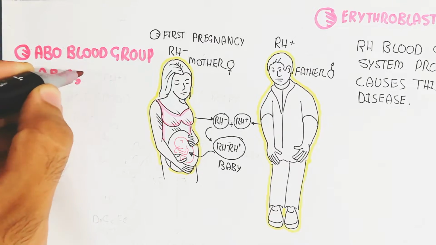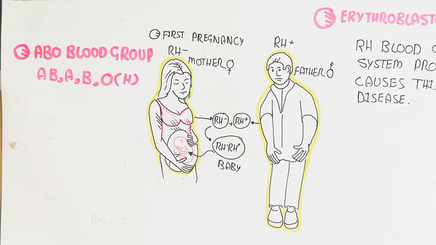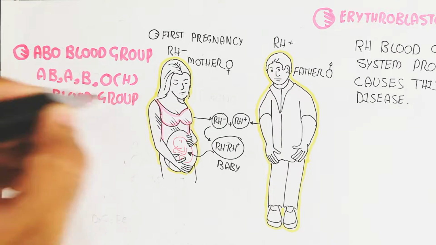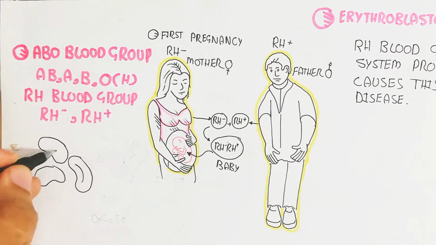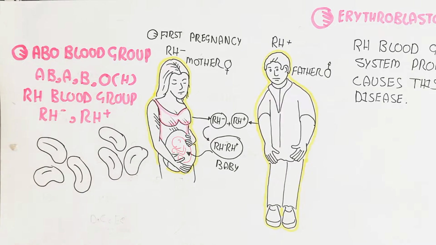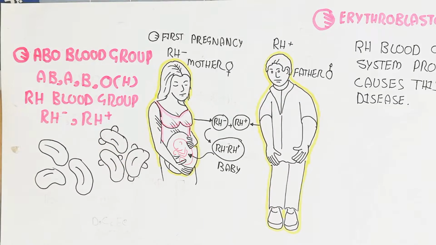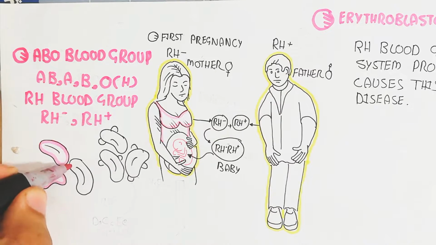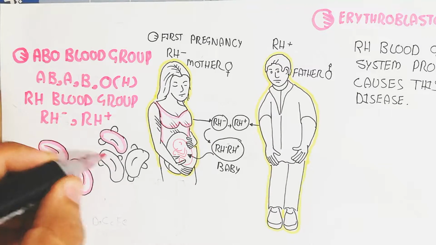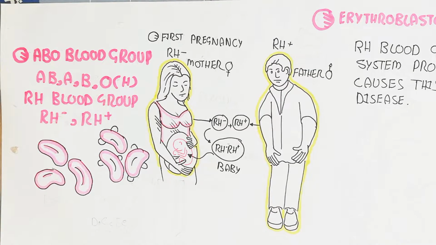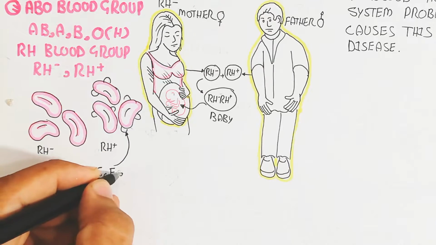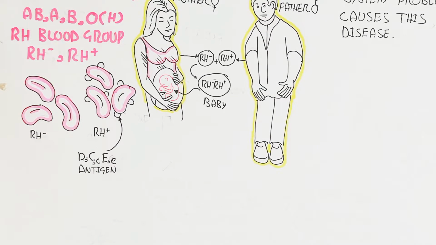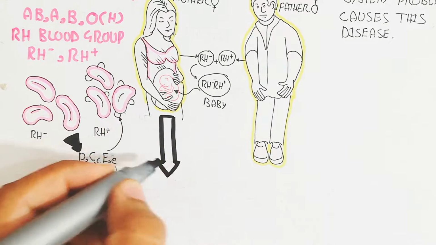So in the ABO blood group system, the antigen can be AB, A only, B only, or O, which contains the H antigen. And in the Rh blood group, it is Rh negative or Rh positive. Rh positive means the antigen is present on the surface of the RBC, while Rh negative means the antigen is not present. It means the gene is recessive. So the antigen types are D capital, C capital and small c, E capital or small e. We will focus on the D antigen because it affects